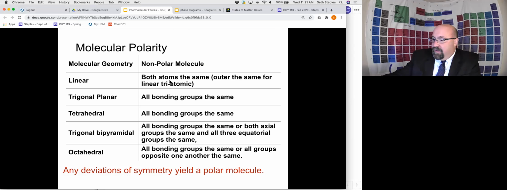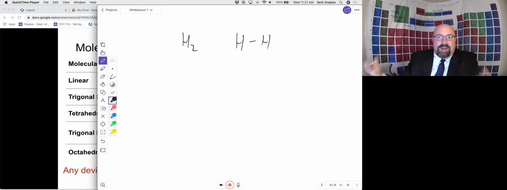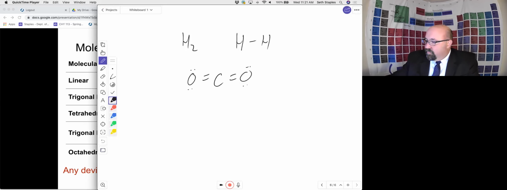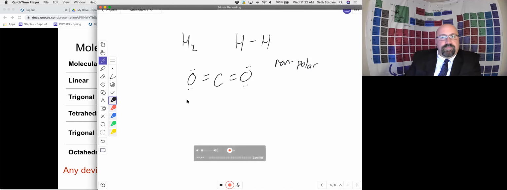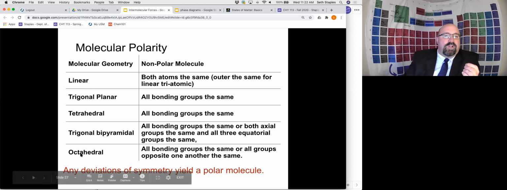For instance, something like H2 is a linear molecule, all symmetric, both atoms the same, obviously a nonpolar molecule. Or a triatomic linear molecule, something like carbon dioxide: a linear molecule, but our outer atoms are the same, and so nonpolar. And then in some of these other shapes, trigonal planar, tetrahedral, trigonal bipyramidal, octahedral,